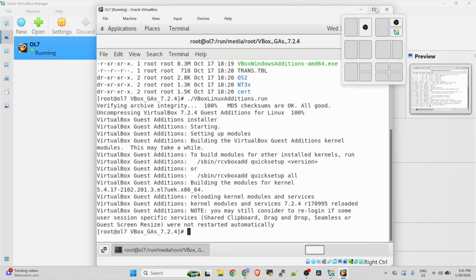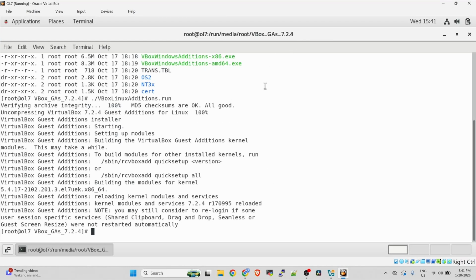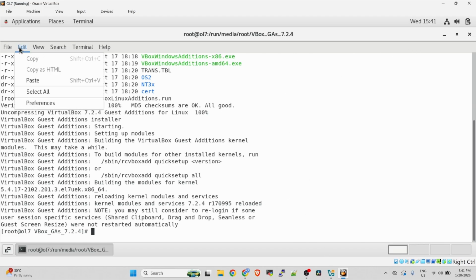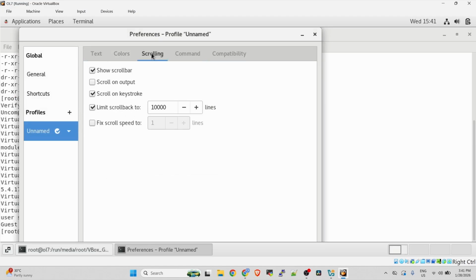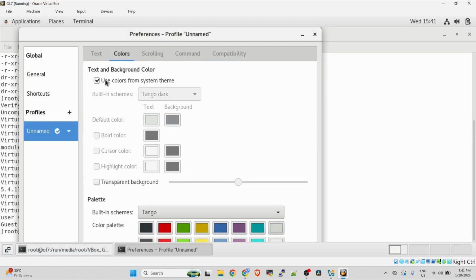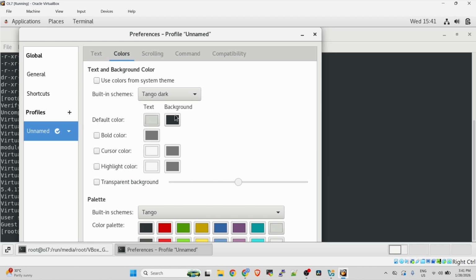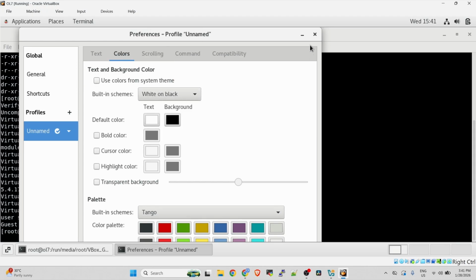Let's try to maximize our Linux OS. So we can now go in our host machine. And then next step is to go to preferences. And then for the color, I'll not use the default one, white on black.